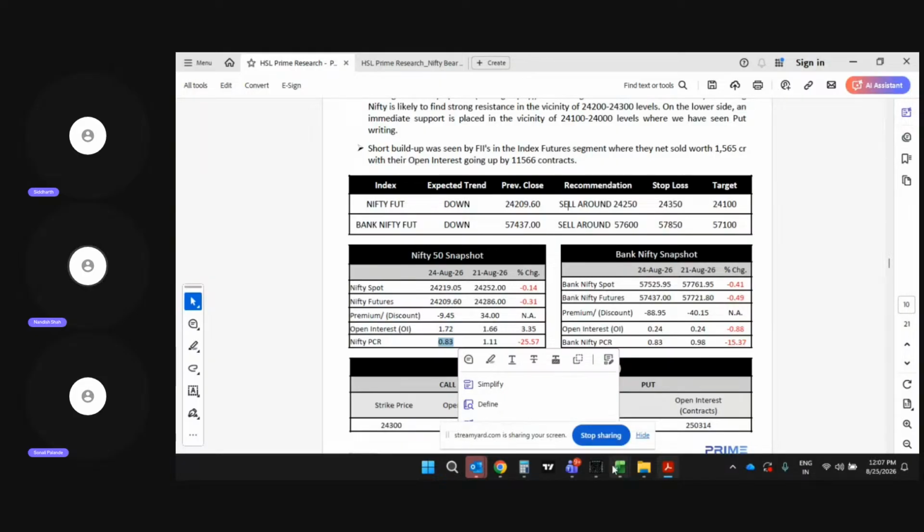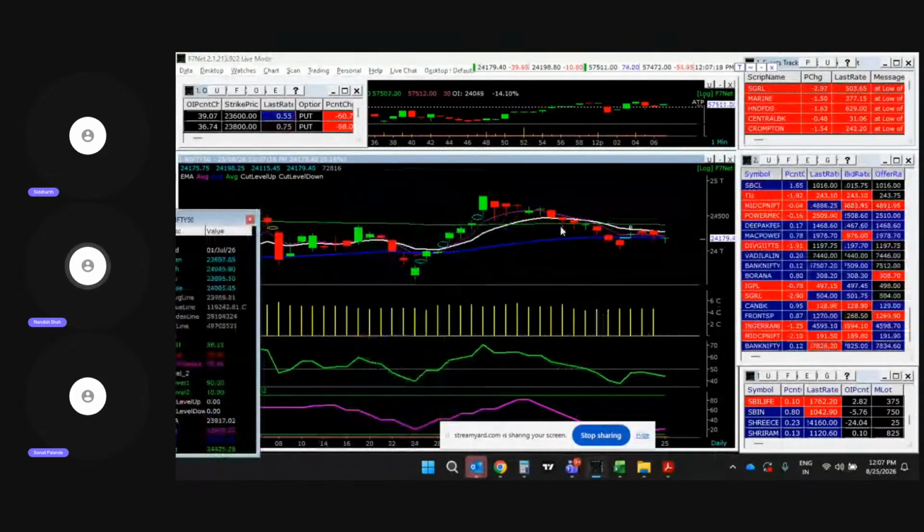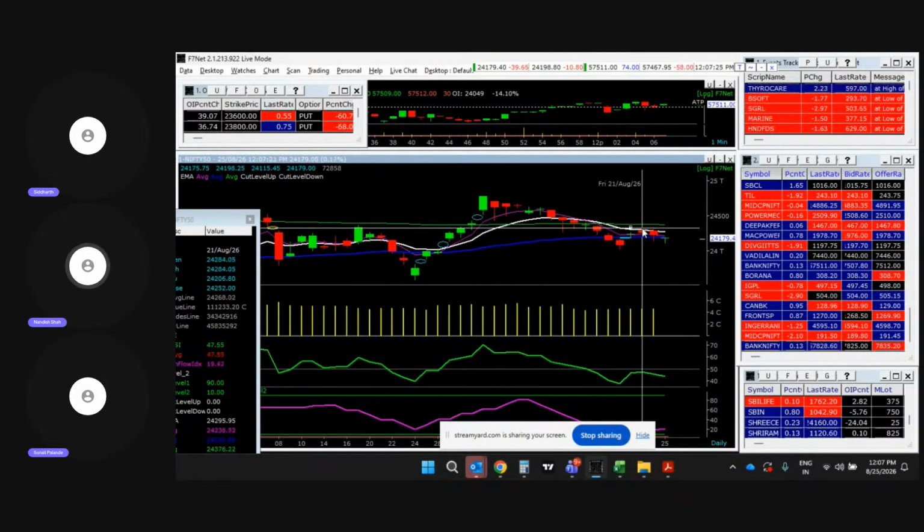Now let's come to the chart. First, I want to discuss the daily chart. This is the Nifty daily chart. As you can see here, Nifty has been forming lower tops. As it formed a top here, another lower top 2 days back. So this short-term chart of the Nifty is not that bullish. It suggests that Nifty has a downward bias, and is broadly within the range.